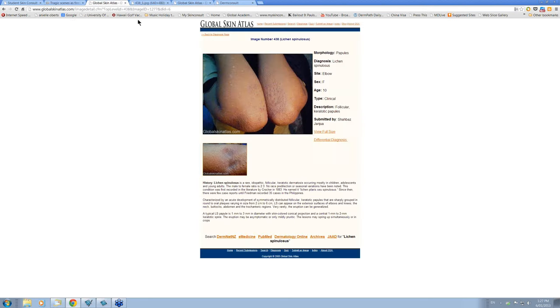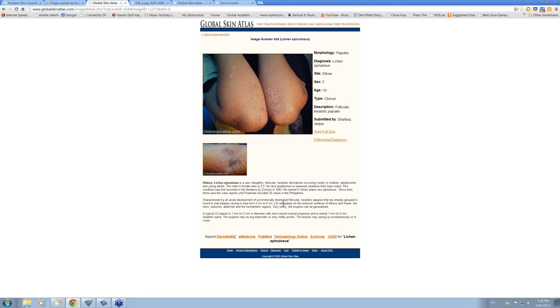If we go back, he has said that this is a rare idiopathic follicular keratotic dermatosis, occurring mostly in children. I can remember getting a case in my finals in Brisbane when I did it. Young girl with lichen spinulosus. I actually diagnosed it as well. The male to female ratio is 2 to 3. No race predilection, no seasonal variations. First reported by Crocker. I've got a book by Crocker, in 1883,